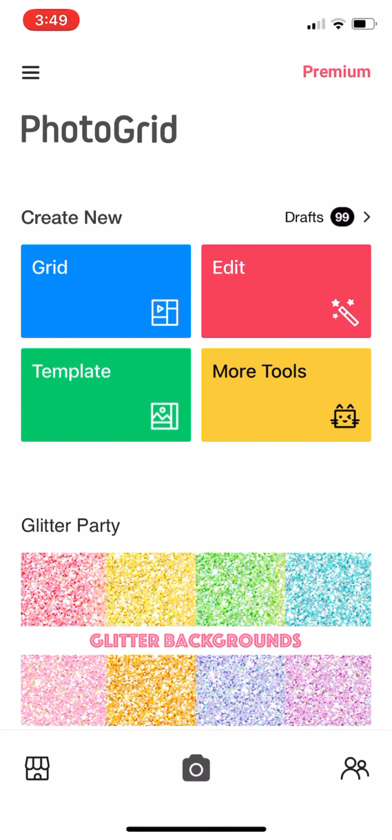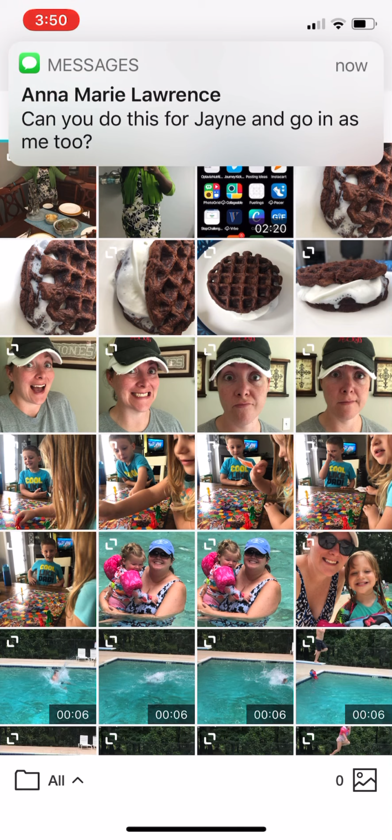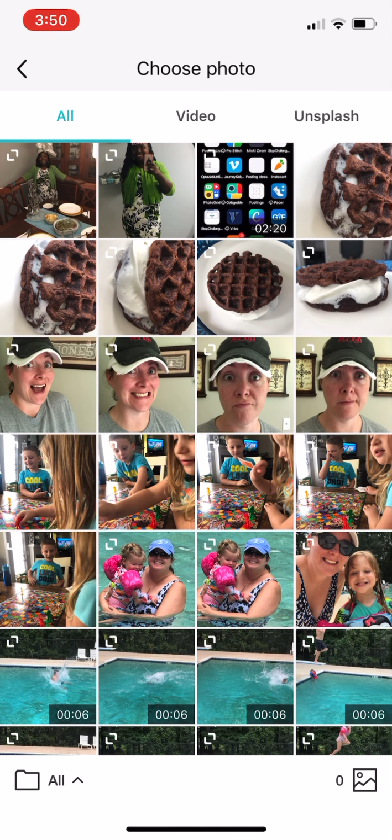So, here we go. I am just going to go to the grid, and when you get right here, you choose 2 photos, and you can see I did the waffle brownie. I got to post that in my stories later. I did these goofy pictures right here. We were playing Candyland. Anyway, so